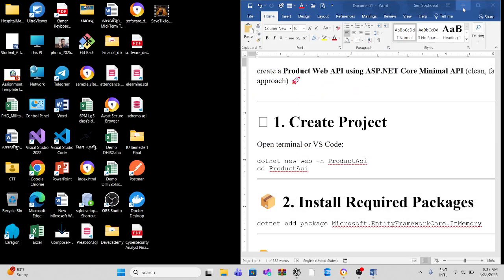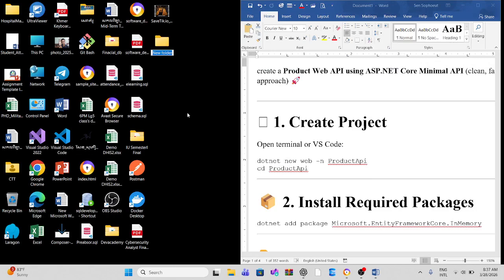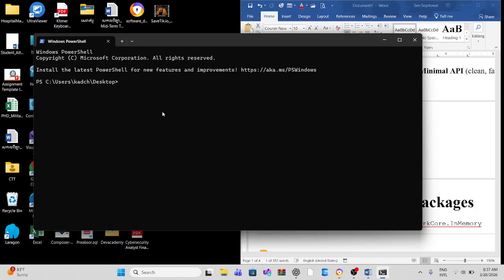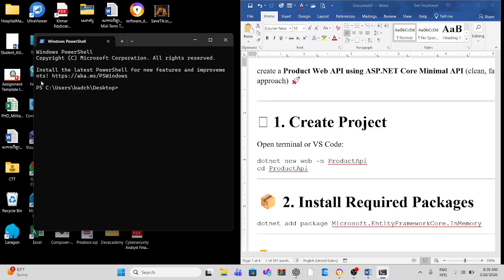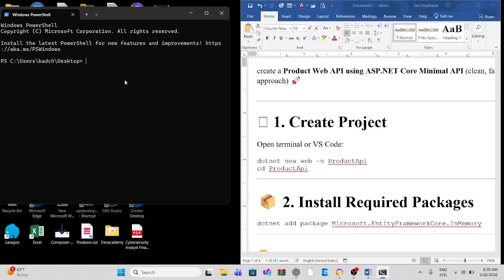You can create any folder for the project. A simple way is you can run it via command: you right click and open terminal, and you can write the command here. This command for creating a new project is dotnet new